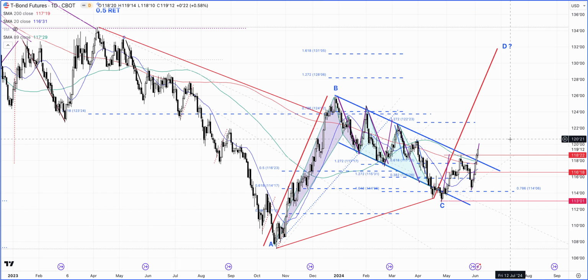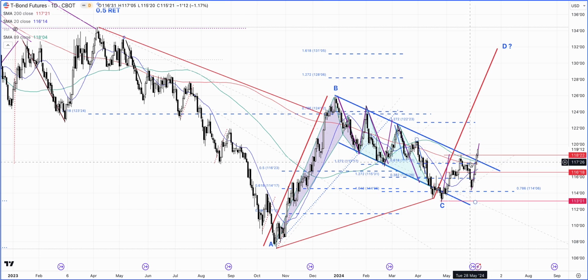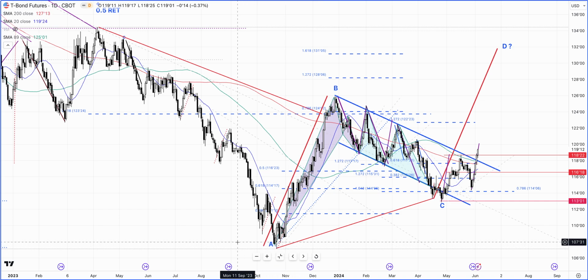But the other interesting thing is that the price is consistently closing above the 20-period moving average, and price is also above the 200-day moving average and also above 89-period moving average. So momentum is also improving, and I think over the course of few trading days, the 20-period moving average crosses over 200-day moving average, which will further strengthen that. The other thing is that we have drawn this nice channel formation here. So the market has actually closed above that, and also above 118.22 level. So that's fairly positive for this market,